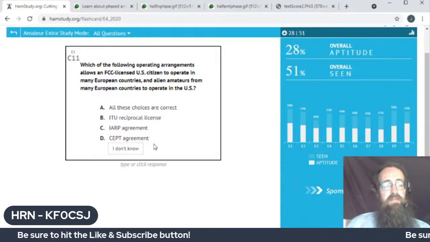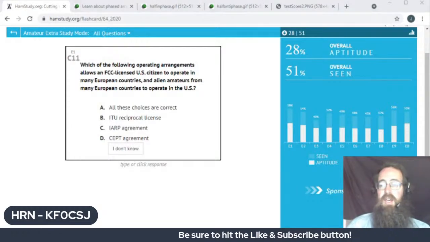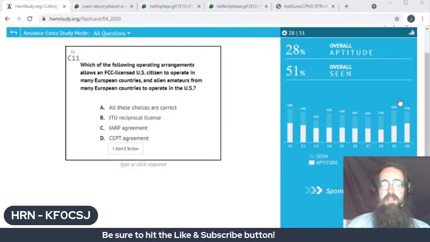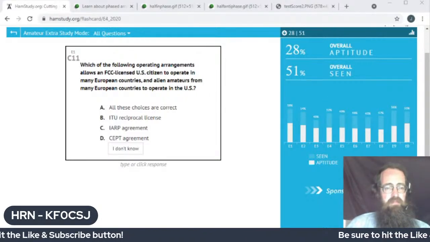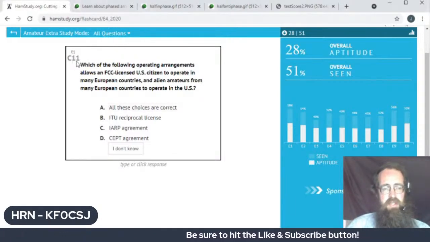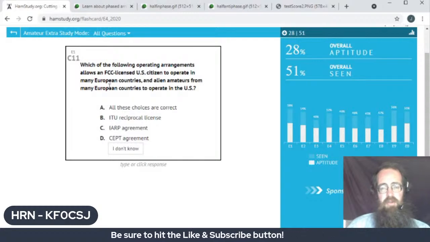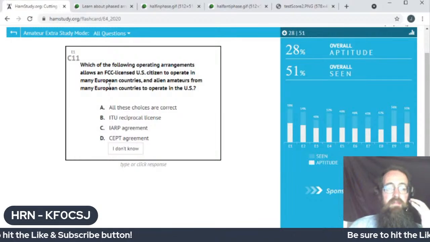So question C11, and if you want to comment on the questions, just go ahead and refer to the code up here, E1C11, to know which one you are referring to. So starting out,